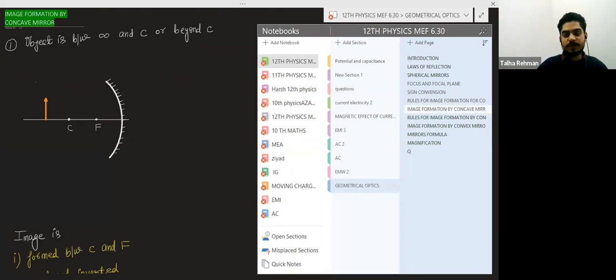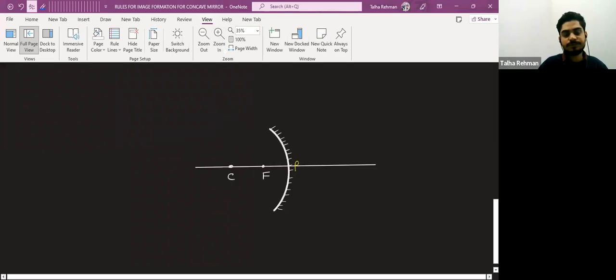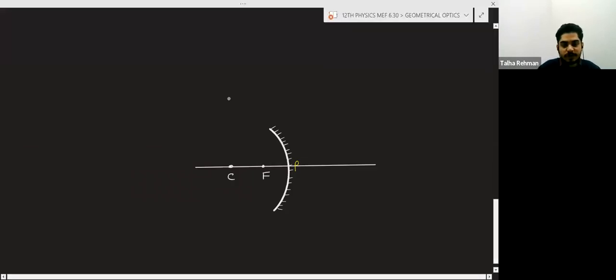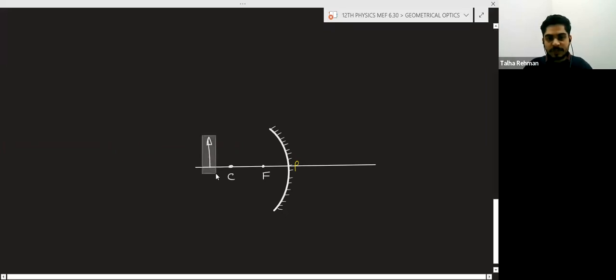Before that, this is the focus. This is the center of curvature. So what I will do now? Suppose I have placed the object here. This is the object position first. We will shift the object. First the object is here. This is the initial position of the object, and we will see where the image will form and how the